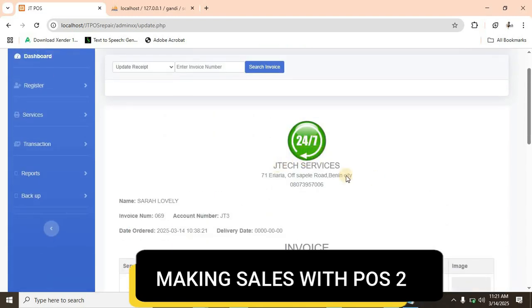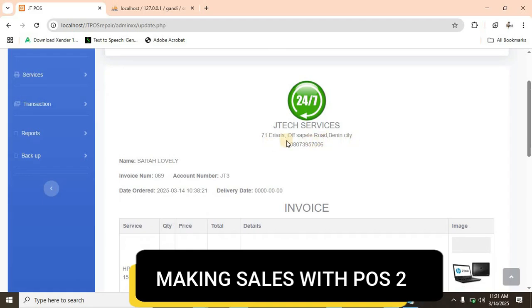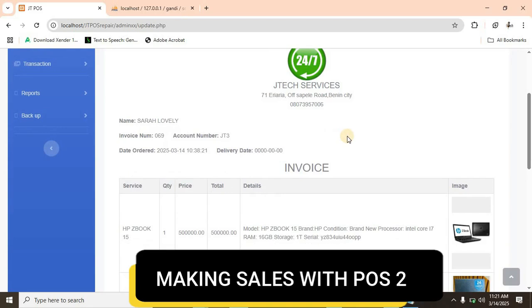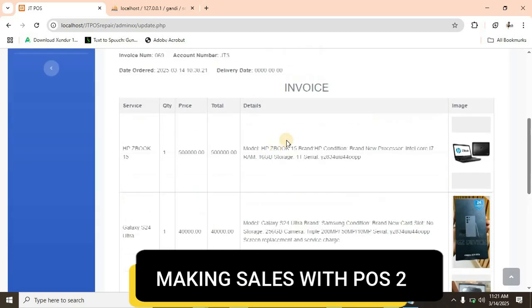Your company logo can appear here, the name of your company is going to be here, the address of your company, phone number, whatever details you want to reflect is going to be reflecting on this invoice. Look at the name of the customer, Sarah Lovely, the invoice number, account number, the date ordered, the invoice. You can now see the service for this laptop, one quantity. Look at the price, look at the total, look at the details of the laptop, look at the picture of